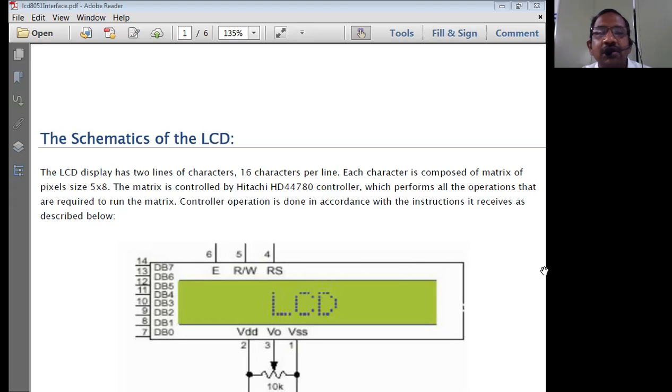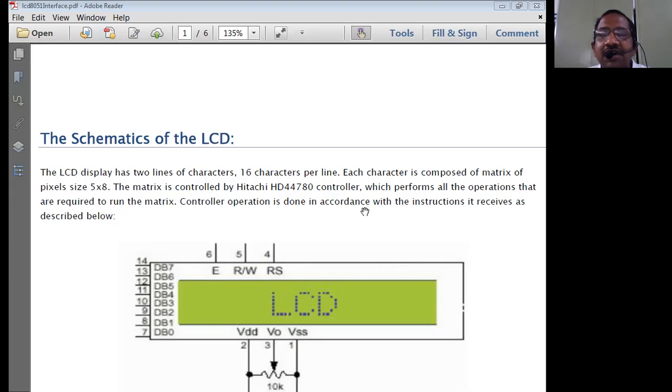In the syllabus we have only the 2 by 16 LCD display, where we have two lines and 16 characters. Each line is going to have 16 characters. So that is the LCD display we have in the syllabus. Therefore we only cover that particular part of interfacing the 2 by 16 LCD to the 8051 microcontroller. That means the entire application consists of pressing a key from the keypad or a matrix keyboard, and whatever we have pressed has to be displayed onto the LCD display unit.